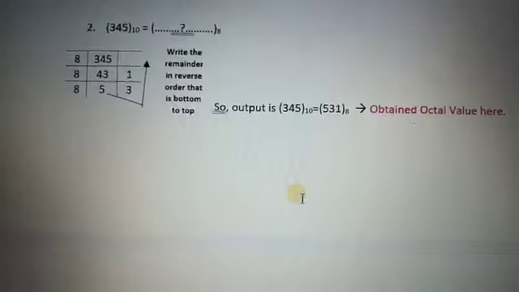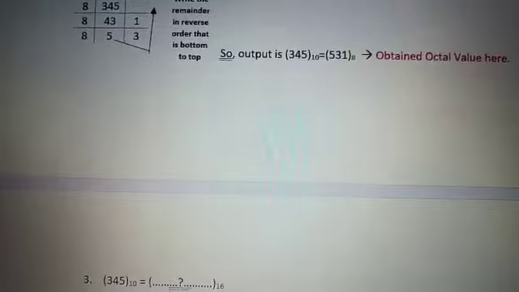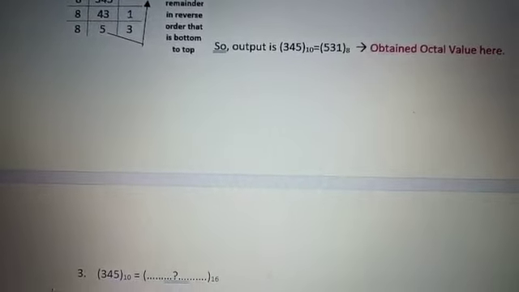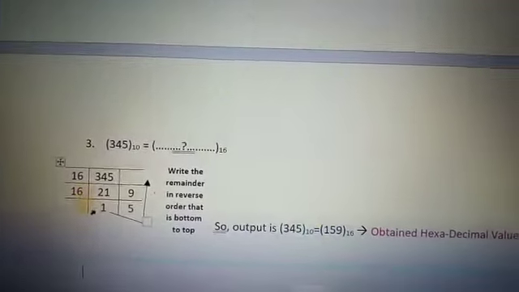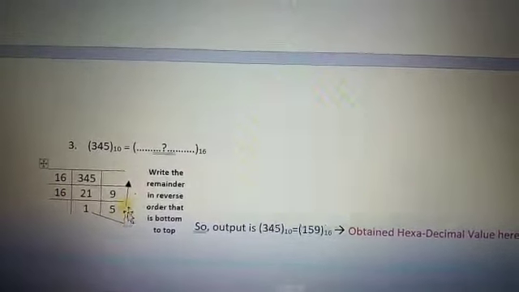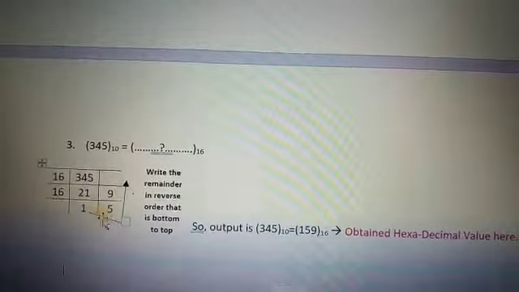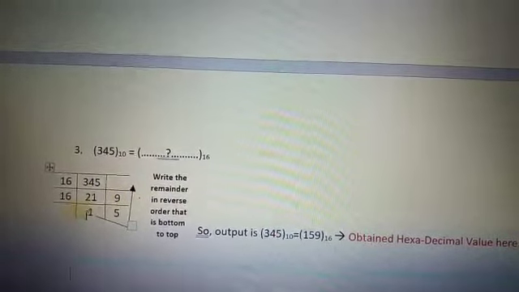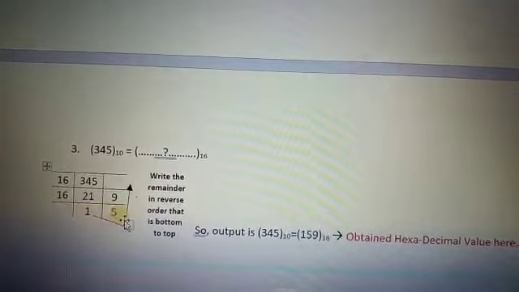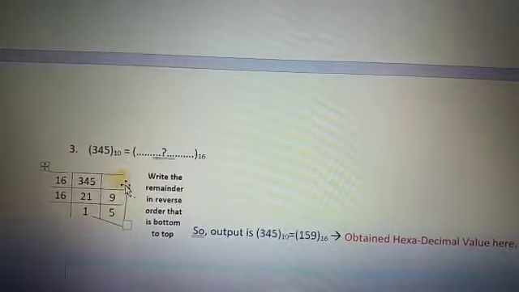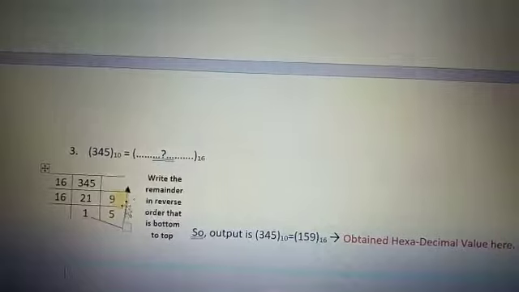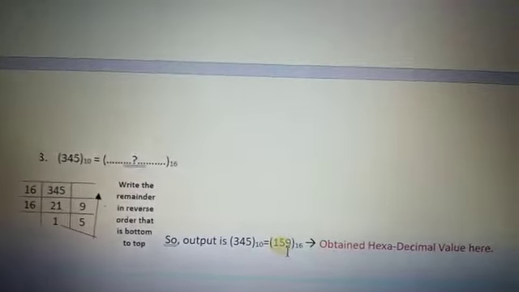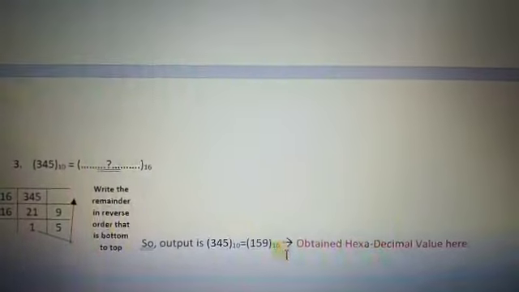In the same process for hexadecimal, we divide 345 by 16. The entire division process occurs in two steps. The first time the quotient is 21 and the remainder is 9. Again the quotient is 1 and the remainder is 5. We write the values in reverse order, and 159 is the output in the hexadecimal number system.